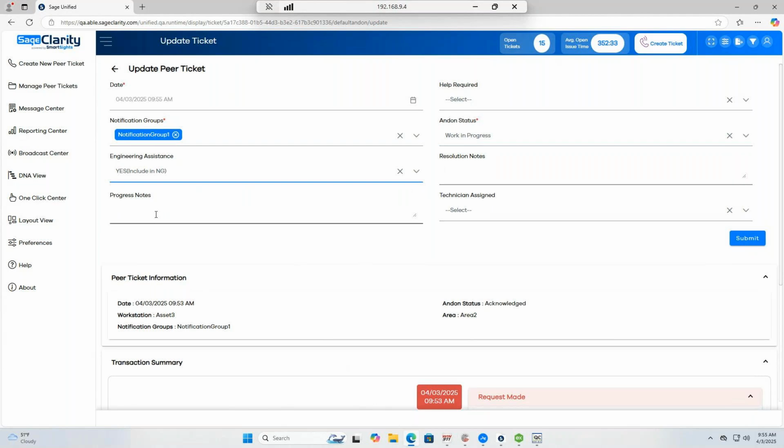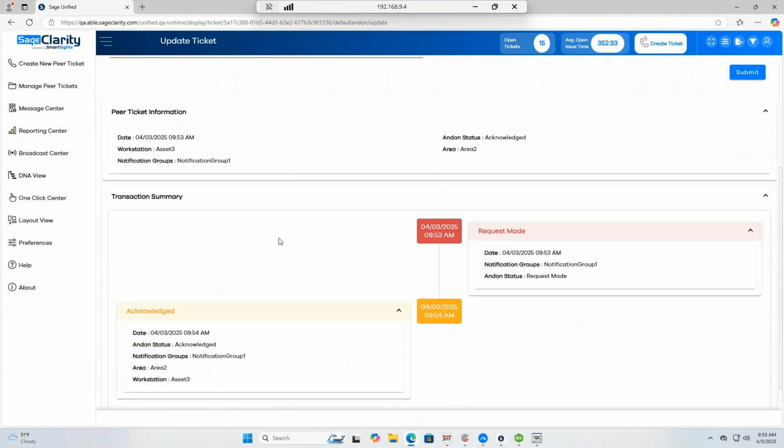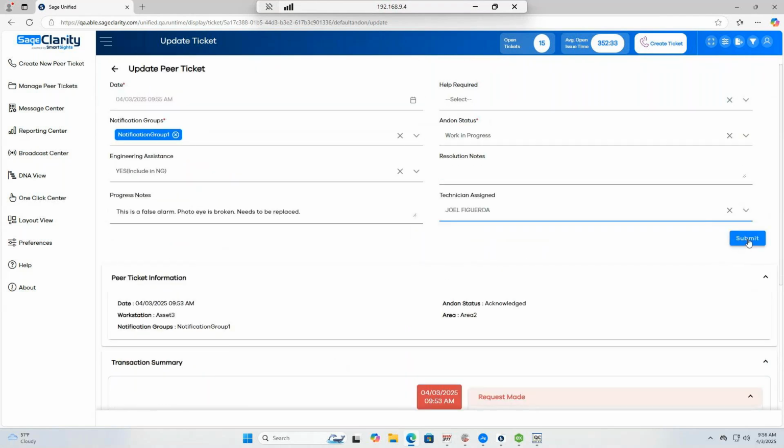We can make a note here, in progress notes, and say something like, this is a false alarm, photo eye is broken, needs to be replaced. We can also assign a technician to work on the problem. As this is happening, it's also building out a timeline of what's happening with this issue. Down here at the bottom with the transaction summary, you can see that the alarm came in at 9:53, then it was acknowledged a minute later. I'm going to hit submit on our status form,